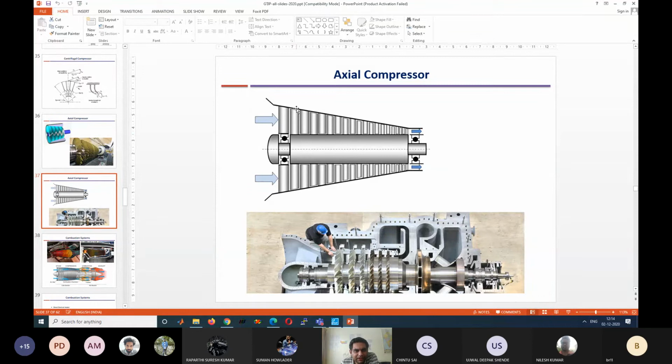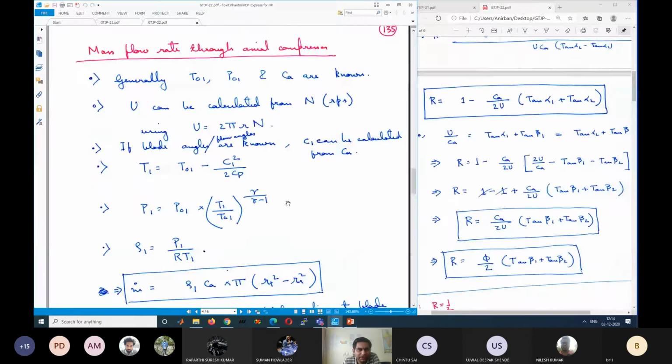Okay, so the annular passage area for this flow is pi r tip square, means pi r_t square, tip radius, minus pi r root square. So the annular area is the area of the outer circle minus the inner circle. This is the flow area, and this flow area keeps on decreasing. So for the first stage, this is pi r tip square for the first stage minus pi r root square for the first stage. Okay, it should be clear to you.